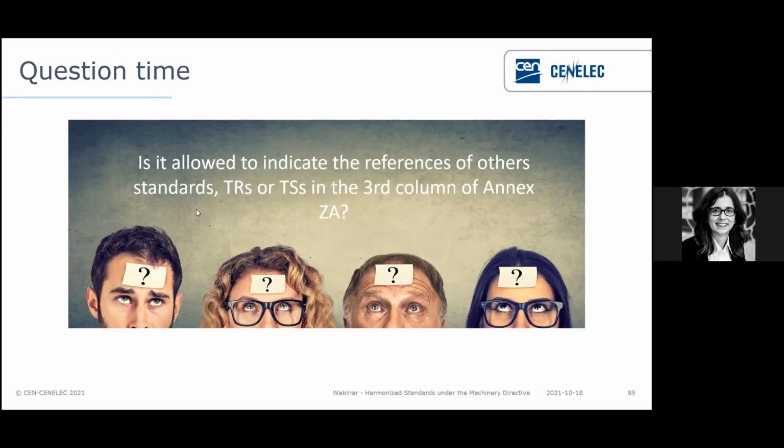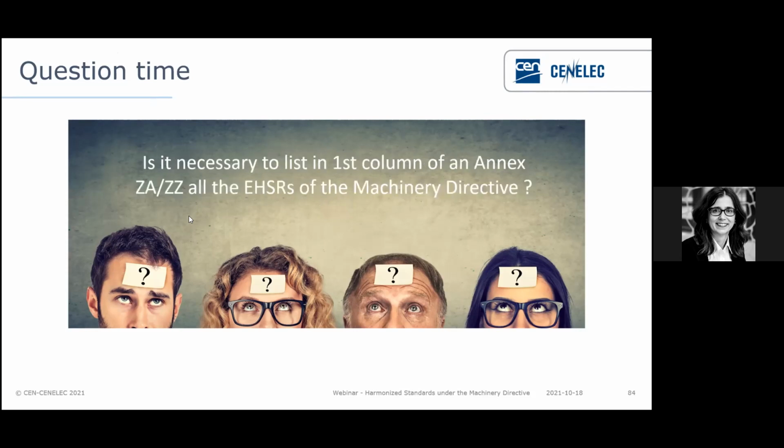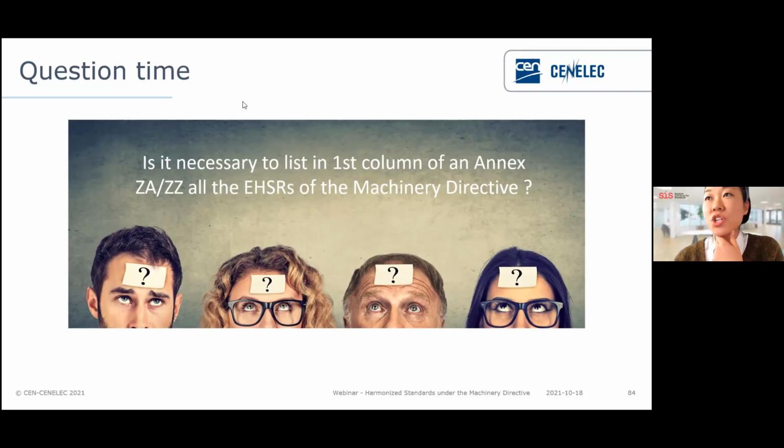I was actually planning to answer one question in the question and answers regarding this particular question. So the correct answer is no, it is correct to list only these essential health and safety requirements that are relevant for the product in the scope. And there was a question, who determines what is a relevant requirement in the Machinery Directive. And yes, it is the TC or the working group that decides